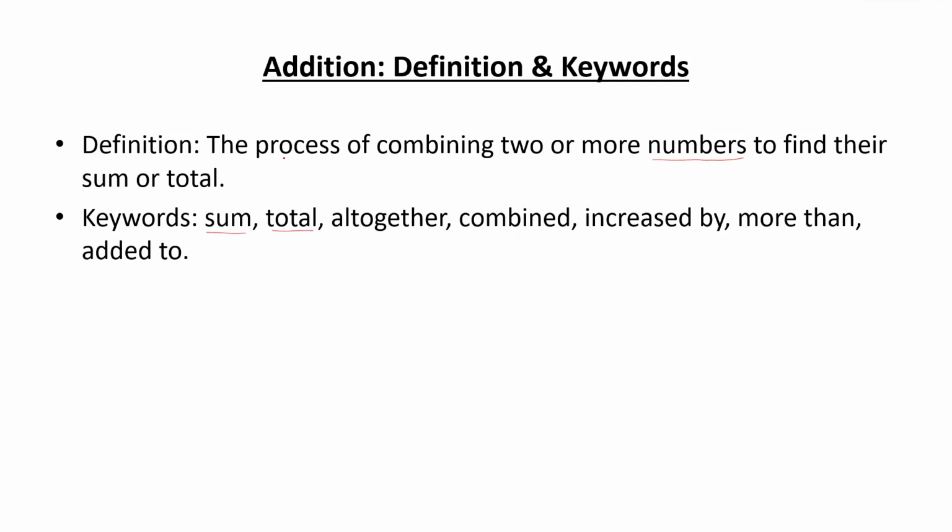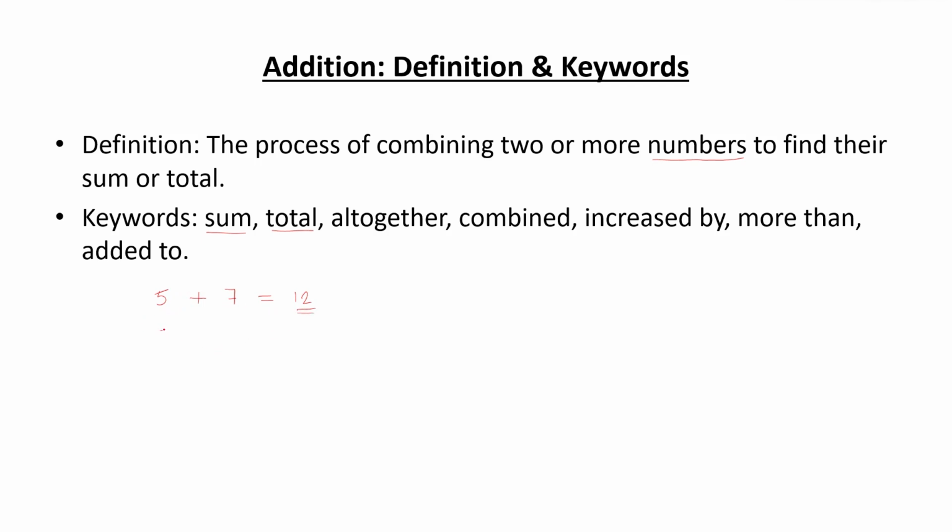As given in the definition, the process of combining two numbers. So if you want to apply this operation, addition, the first thing you have to remember is you need to have two numbers. Okay. So let's get started. Let's say one number is 5, other number is 7, and we want to add them up or calculate the total of these two numbers. Addition is represented by this plus sign. 7 plus 5 is equal to 12. So the total of 5 and 7 is a new number, 12.